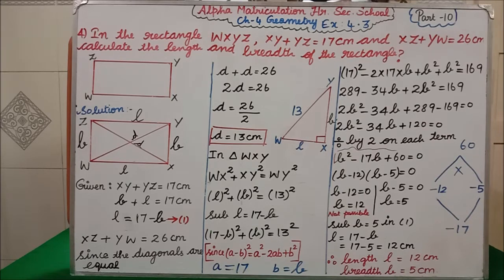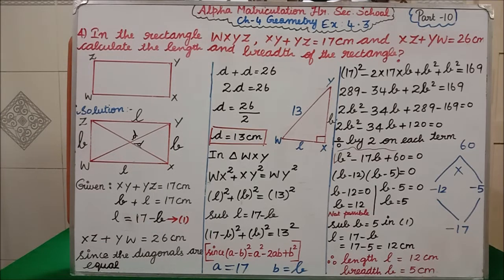See, I have drawn the same rectangle, in that I have drawn the diagonals. This side I have represented with L. L means length. This side I have represented with B. B means breadth. Here L means this side will also be L, length. If here B, then here also B, breadth. This line is the diagonal, and this line is also a diagonal. So I have represented both with D.